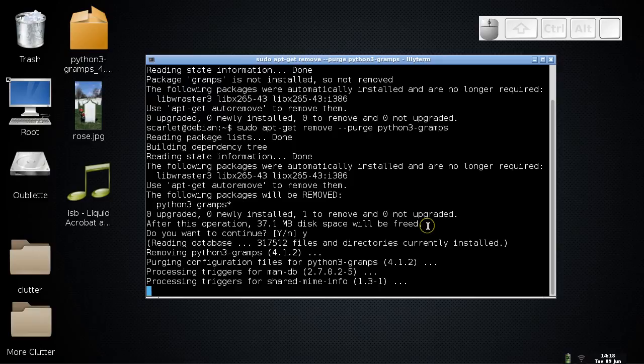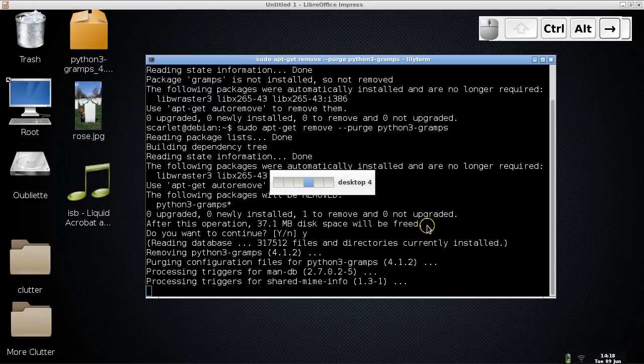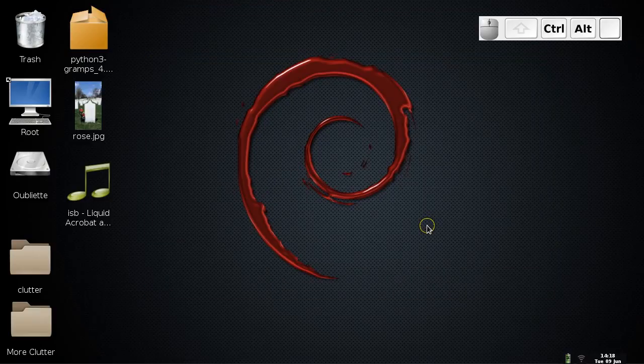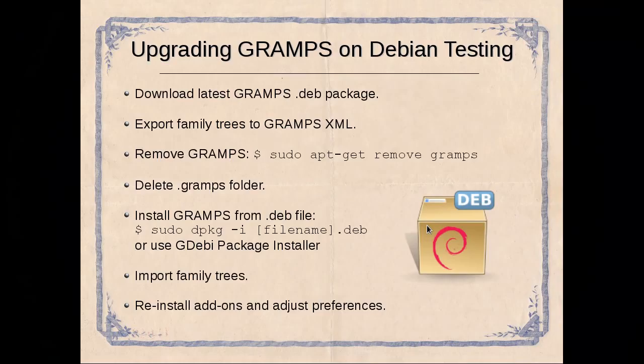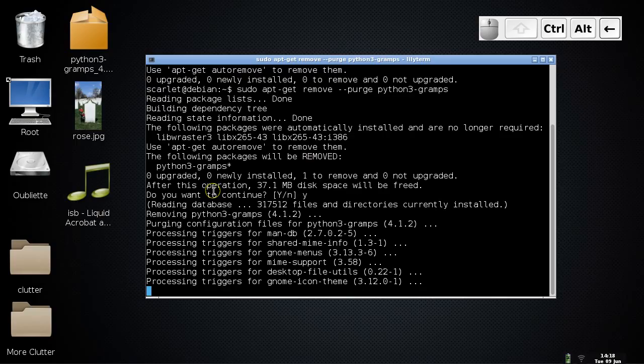But let's take a look at the next step while that's going on. The next step is we're going to be deleting the Gramps folder, which has been left behind. Despite having removed the program itself, the data remains in your home folder. So that's going to be our next step, and here we are, that has completed. So we can close our terminal for the time being,